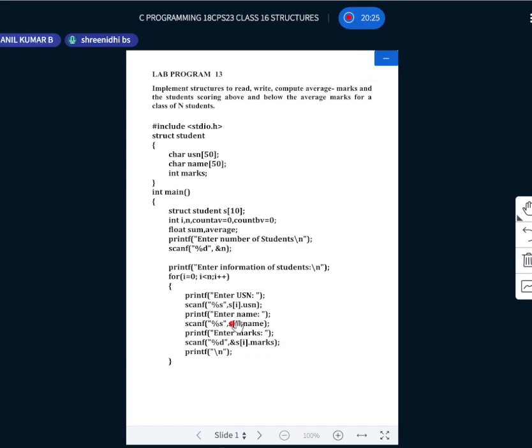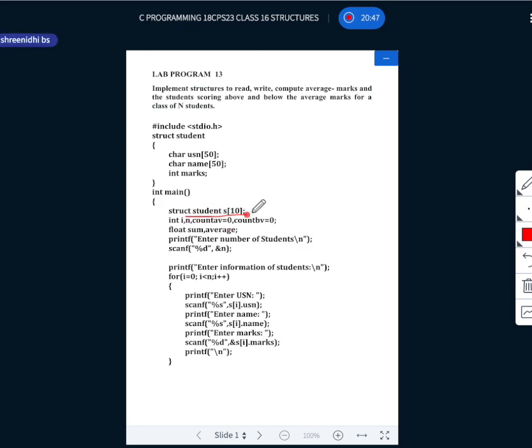Okay, now everyone knows what we mean by structure, how to create a structure variable, and how, using our own structure variable, we will be accessing a single student. If I want to access a number of students, I'll be using an array of structures. So what do you mean by array of structures? How will you create an array of structure variables? This is how we create an array of structure.